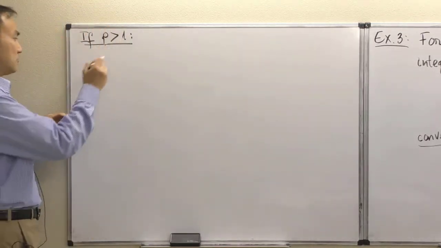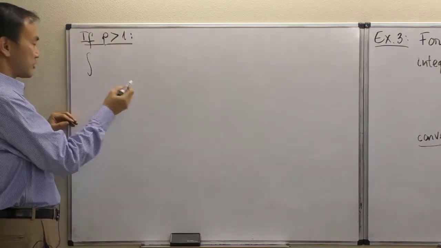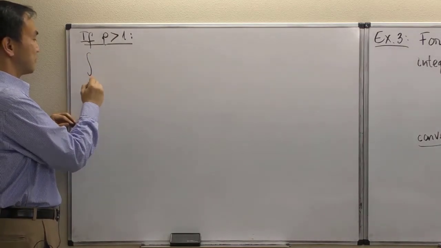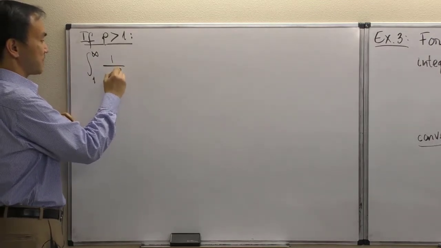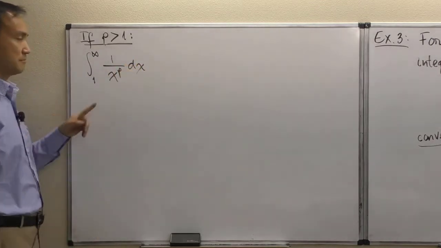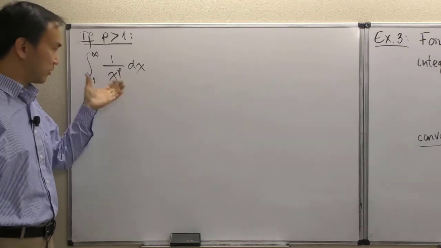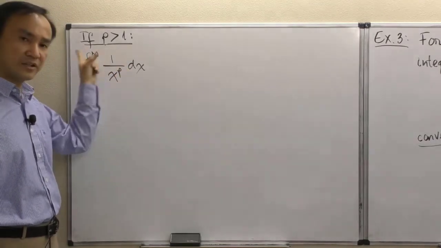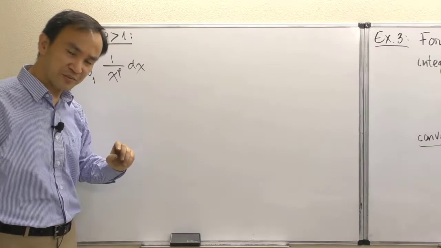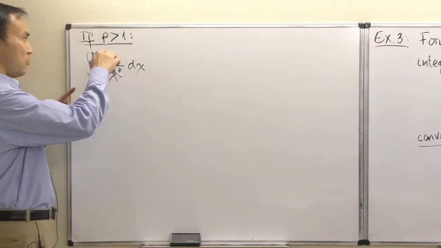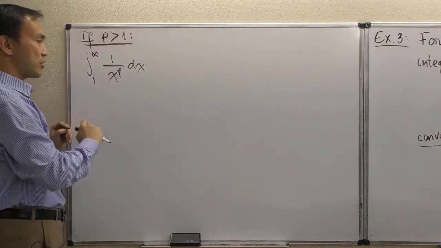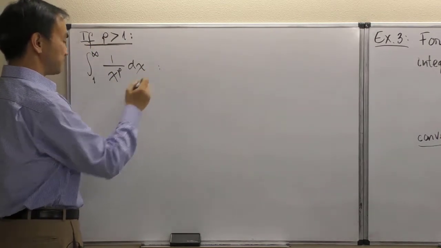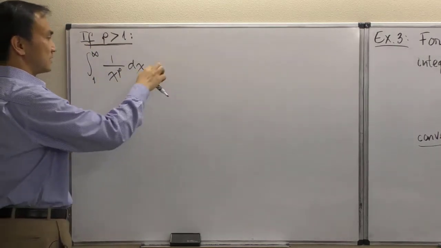The problem at the start is the integral from 1 to infinity of 1 over x to the p. We want to find out if this is going to be convergent or divergent. With this case specifically, for p being greater than 1, I am going to